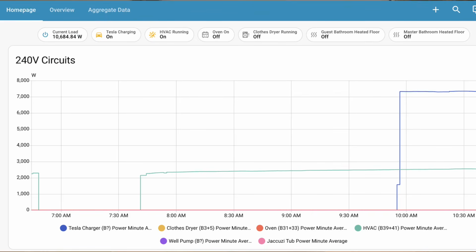And so the Emporia View system was able to help me gain visibility into our peak load needs. As you can see here, with just our EV charging and the HVAC running at the same time, we're already right at around 10 kilowatts of load. And these are two things that could very easily both be on at the same time during normal daily life. So if the power from the grid were to go out and our EV was plugged in and charging and the HVAC was on, well, do we end up exceeding the load capacity of the battery and the whole system shuts itself down? So a single battery with 7 kilowatts of output probably wasn't going to cut it for us,